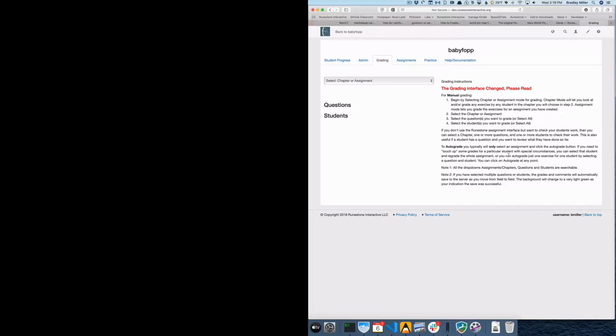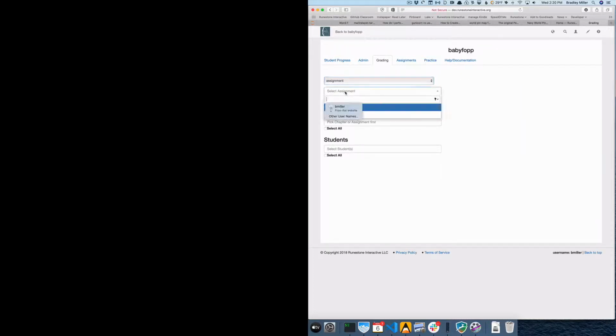So might be worth a second to read. Particularly if you're used to the way that things have always worked in the past, it would be good to review this. But let's suppose that we're here and we want to auto-grade an entire assignment. Okay, so to auto-grade an entire assignment, really easy. All we do is select Assignment, select the name of the assignment,